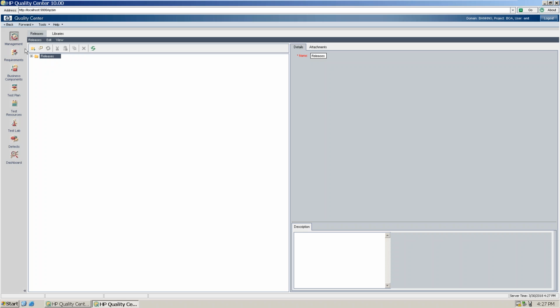So let's say you got a project in banking. What you'll do, go to your management, go to releases, and then click on this new folder. So what is the name of the folder here? Banking. And then under this banking, you are going to have